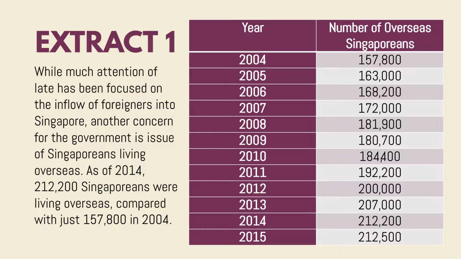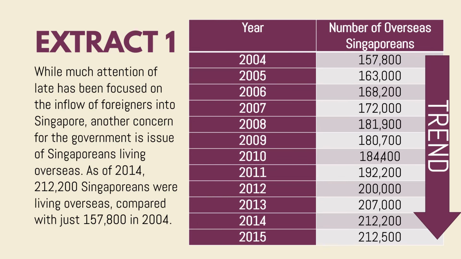What we are really interested in is not the absolute number. What we're really interested in is the trend of the increasing number of Singaporeans. Is it increasing at a faster rate, a consistent, proportional rate, or are we talking about a sudden steep increase? We are not really sure, so we need to take a look at the information. The information given to us is on the left side where we talk about 2014. There is a huge number of 212,200 Singaporeans living overseas compared to 157,000. The difference is around 60 plus thousand. So that is the main difference, and we're talking about more Singaporeans living overseas, so probably that will be the trend that we are looking at.